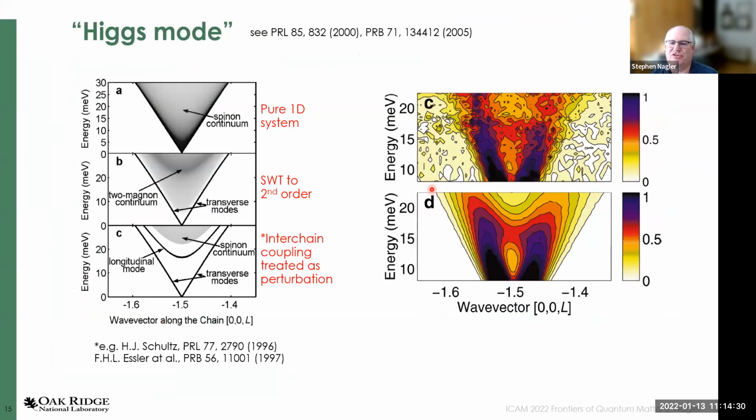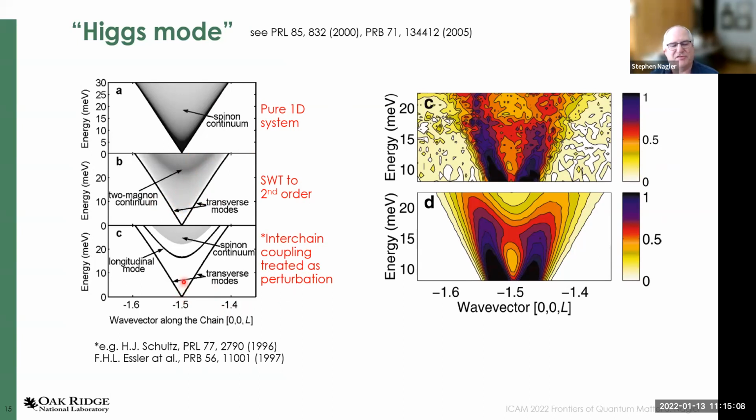Now, as I mentioned, the chains are actually in reality coupled, and that changes the low energy dynamics. So I'm looking here around this Q equals pi, which is (0, 0, -3/2) in this experimental system. And the response function for a pure 1D chain looks like this spinon continuum. If I had spin wave theory and took it to a large order, I see a continuum coming from 2 magnon scattering. But in fact, this spin total 1 excitation, of course, it breaks up into 3, and what really